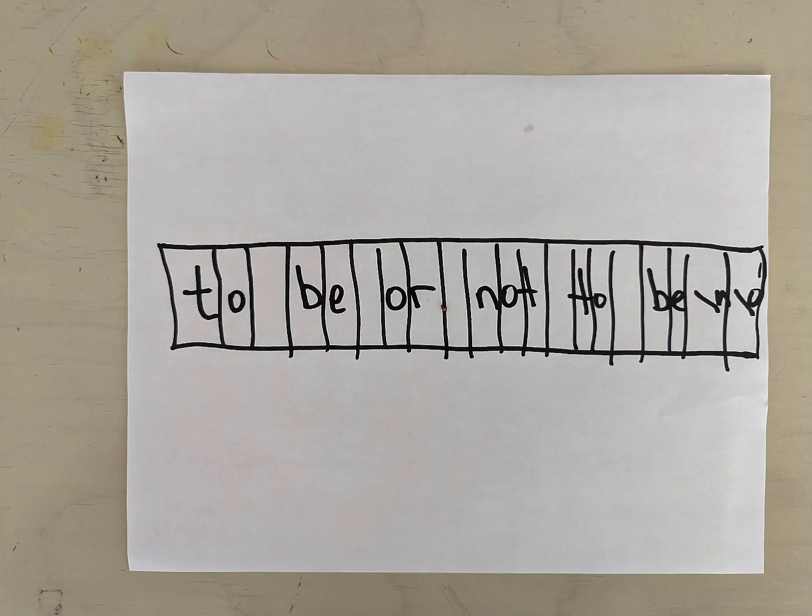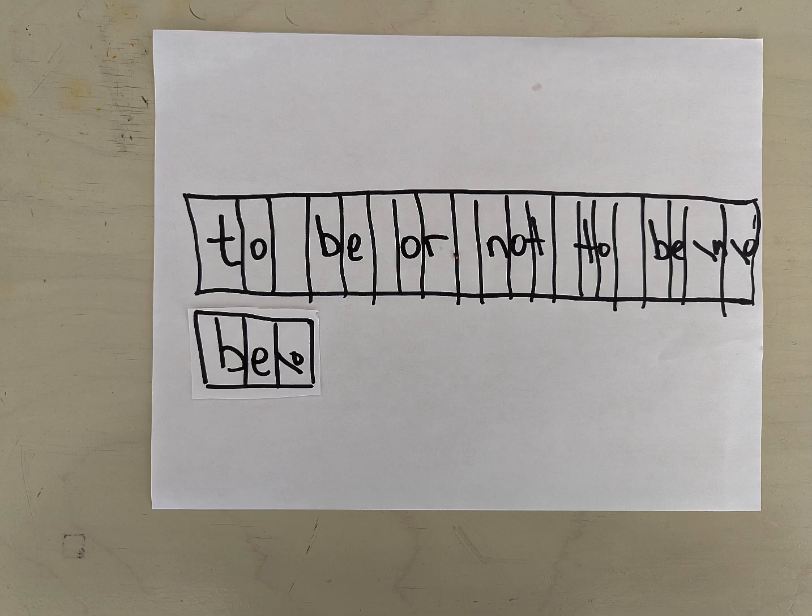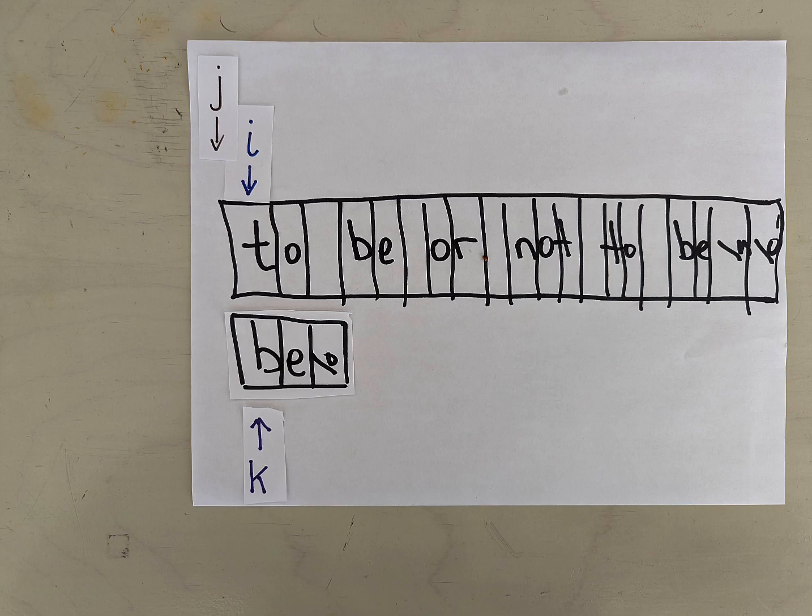So let's imagine for a moment that we have a string, let's say "to be or not to be", and what we're going to try and do is see where B appears in that string. The way that the algorithm works is that we start in the beginning and we're going to move I. I in this instance is going to keep track of the position in the actual string that we're trying to examine, or try to find where B, or this word or the pattern, exists inside of it. And each time we go through the loop, we're going to be moving I along one instance to try and find the first place where